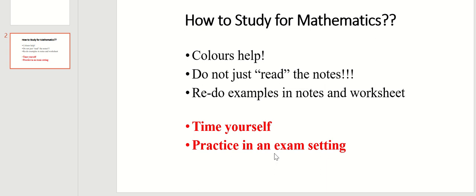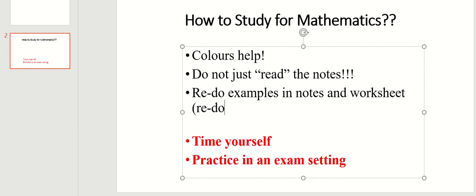Okay, go to the notes. What you can do is you can read the first example, with the answers you have taken down during lesson. Then you cover up the answers and do the question again on a scrap piece of paper. Just keep redoing. The key here is redoing until you get it correct. Let me type it down, okay? Redo the same question until you get it correct.